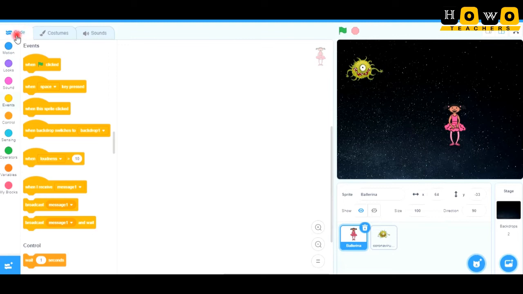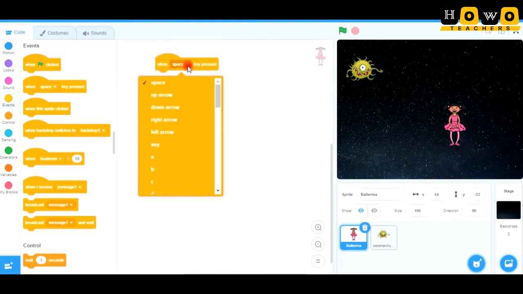So over this code area, I have this event. In this event, I have to take that whenever there is movement, I will be taking when key is pressed. So let us see this one. Yes. So whenever a key is pressed, which key will be pressed? I am taking arrow keys. First of all, let us take the right arrow key.